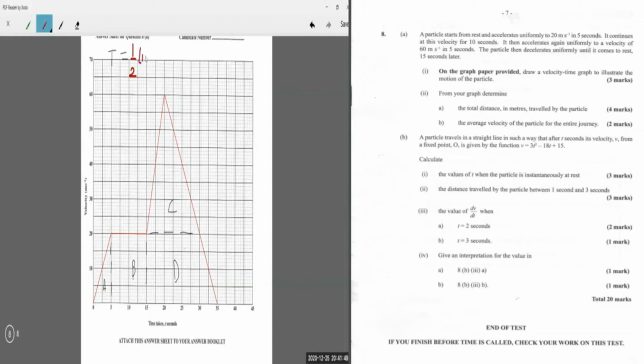Half the base of 5 times a height of 20, that gives you A, plus the area of this rectangle, which is the length of 10 seconds times the width of 20. So 10 times 20, which is 200, that would be the area for B, plus C is a triangle with a